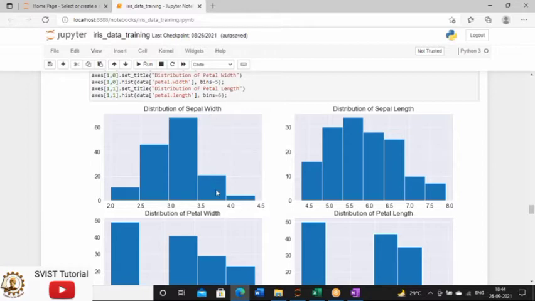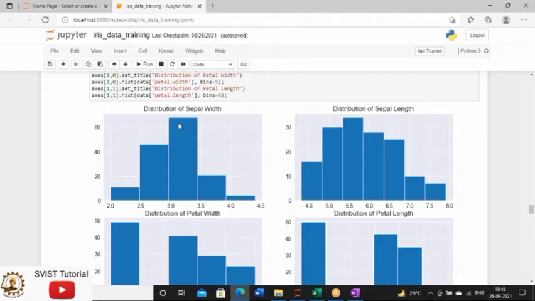Now see here, the highest bar is ranging between 3.0 to 3.5. What is the meaning of this value? If you see, the peak of this bar is near about 70. It means the frequency of values in this column between 3.0 to 3.5 is 70.